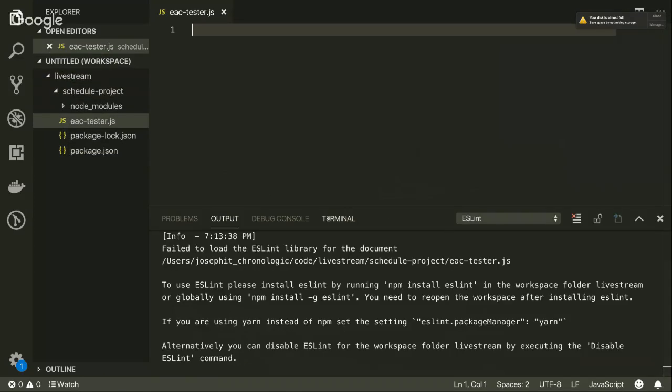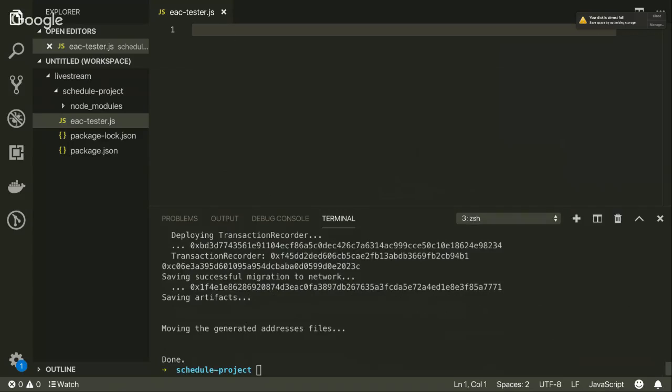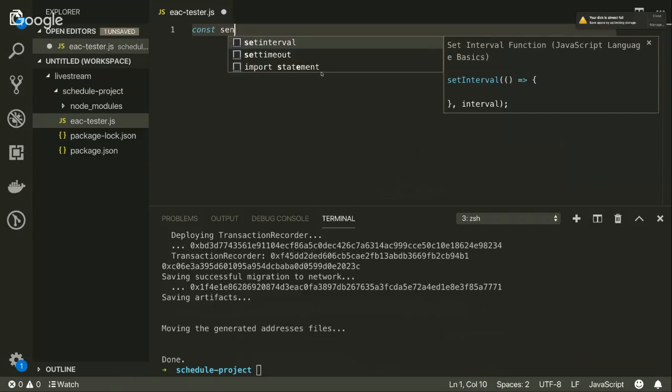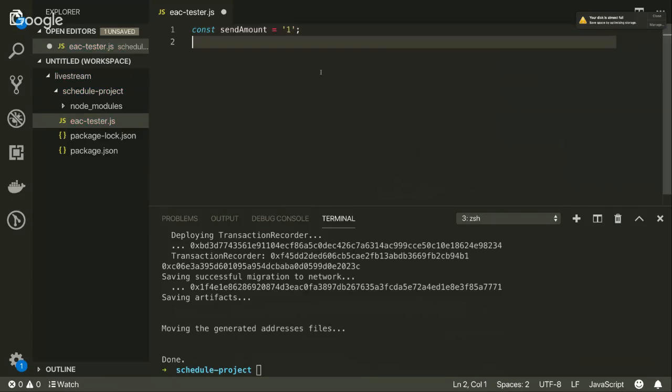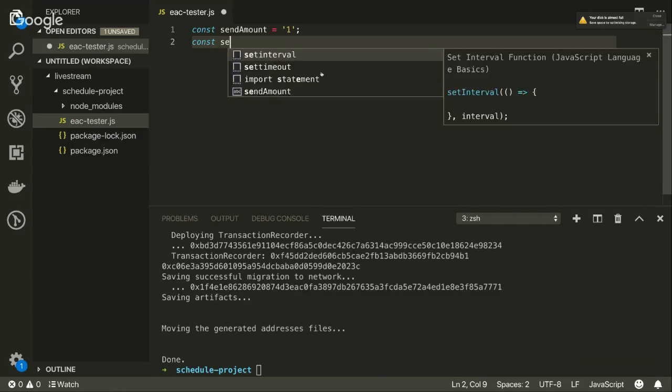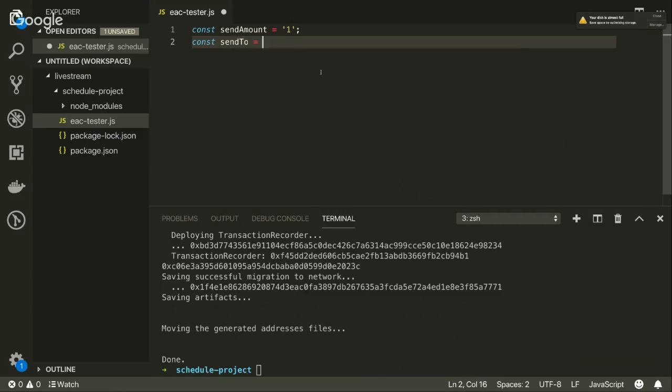So now we have a new file open, and let's start scheduling a transaction. Let's say we want to set the send amount to be 1 ether. So we want to send 1 ether to, let's create a new variable called sendTo, and we will use